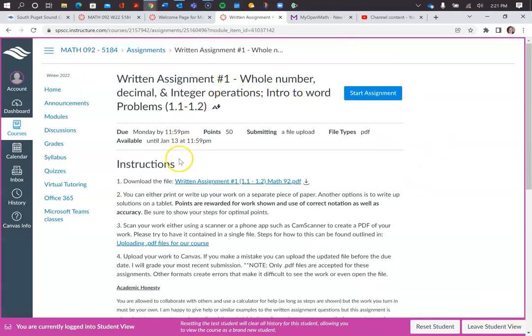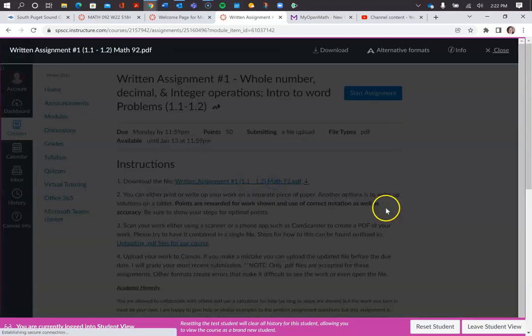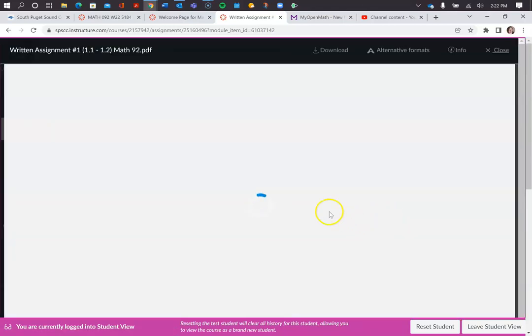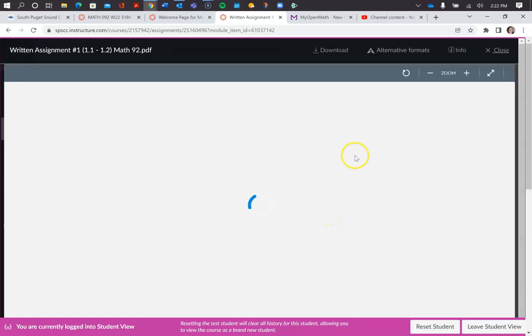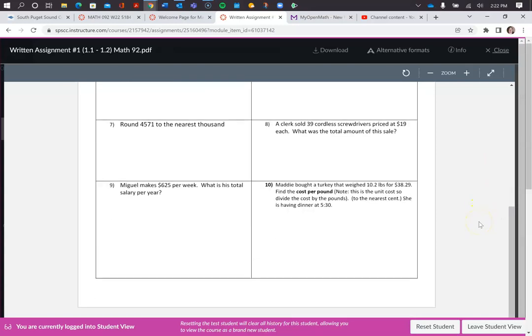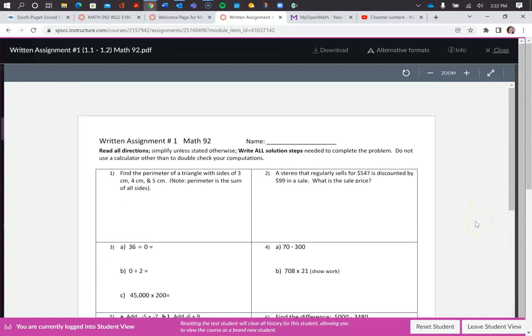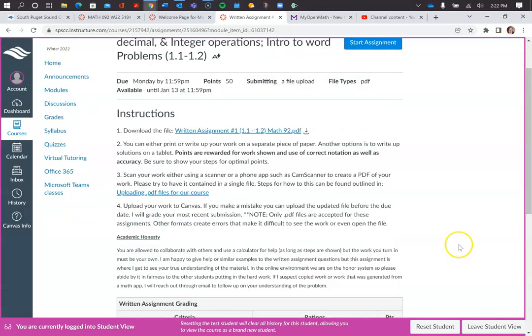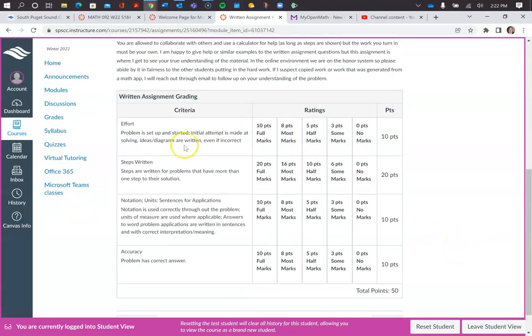And here's written assignment number 1. So this is work where you won't have any answers to check against. It's kind of like a quiz. I just don't call it a quiz, but a written assignment instead, like a paper quiz. You may have had that before. So it's just some things to work on, and it's not timed. You have the 3-day late grace. Do your best. Here's a rubric.